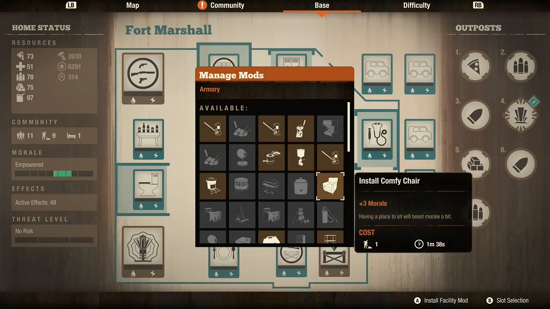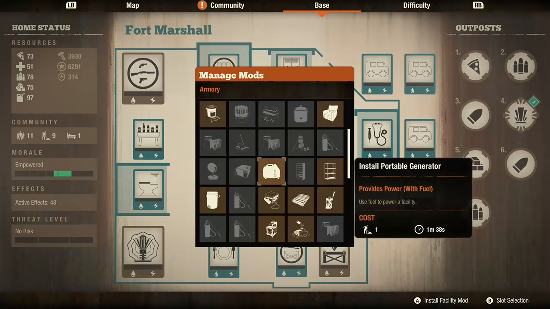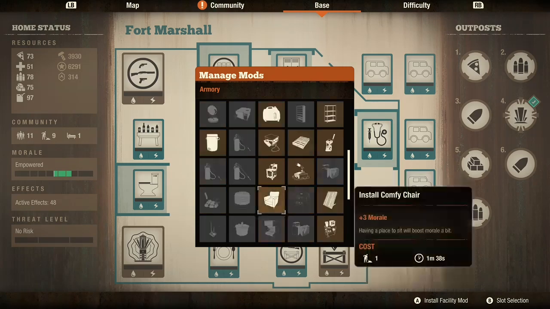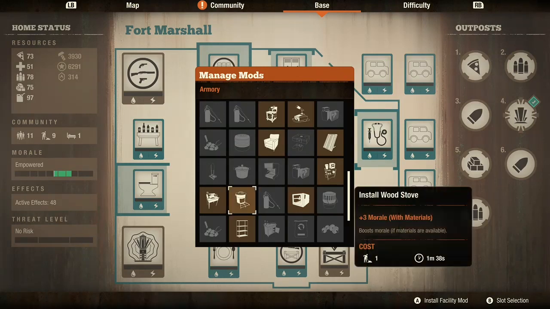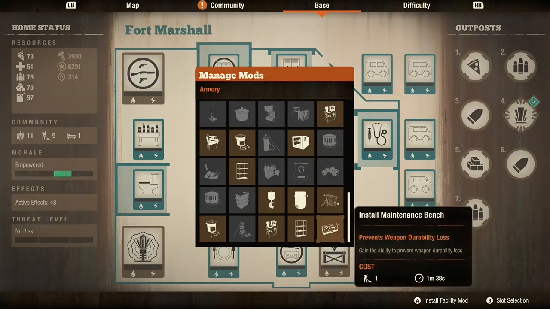So you could put a morale item, or if you didn't have power, which would be stupid, you could put in a generator, or a soldering station would allow you to create boombox decoys, which are actually rather fun. They're nice. You could put a CNC mill for making parts. You can put in storage. You could put in a bolt crafting kit. You could install a maintenance bench to prevent durability loss,